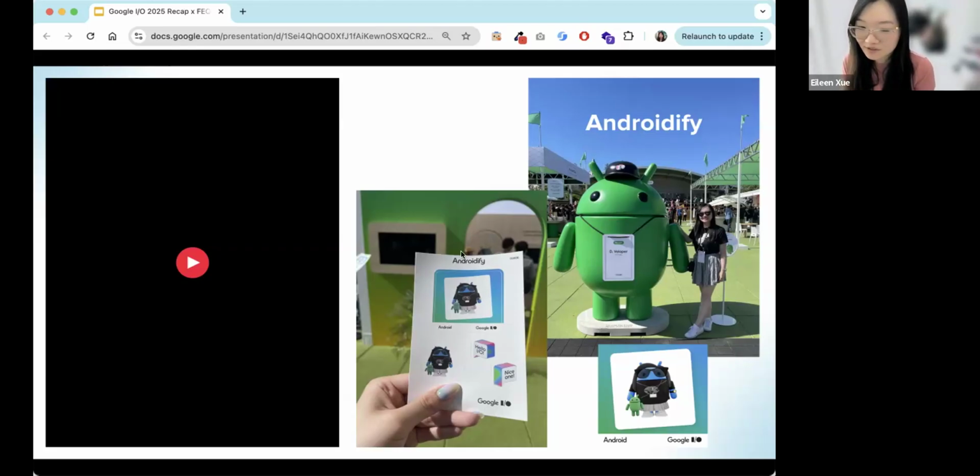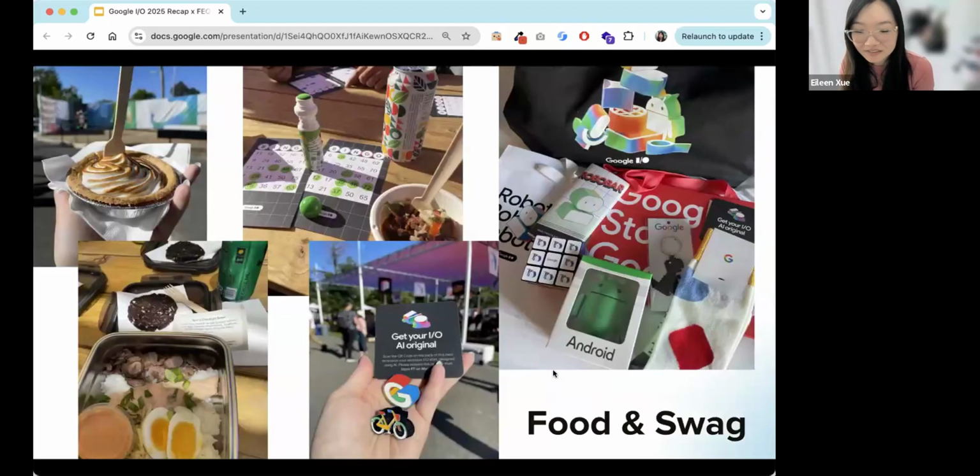So it wasn't from this picture; it was in the booth. But because they also had a big Android outside, I figured it was almost the same. But you can kind of see it's almost the same. And I was wearing my Chrome Dino shirt. So very Google. And of course, in person, there's always the benefits of having food and swag.